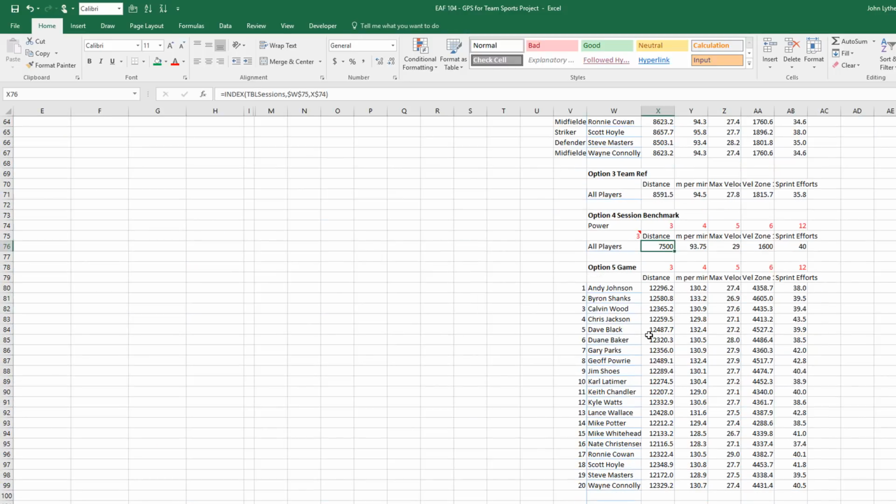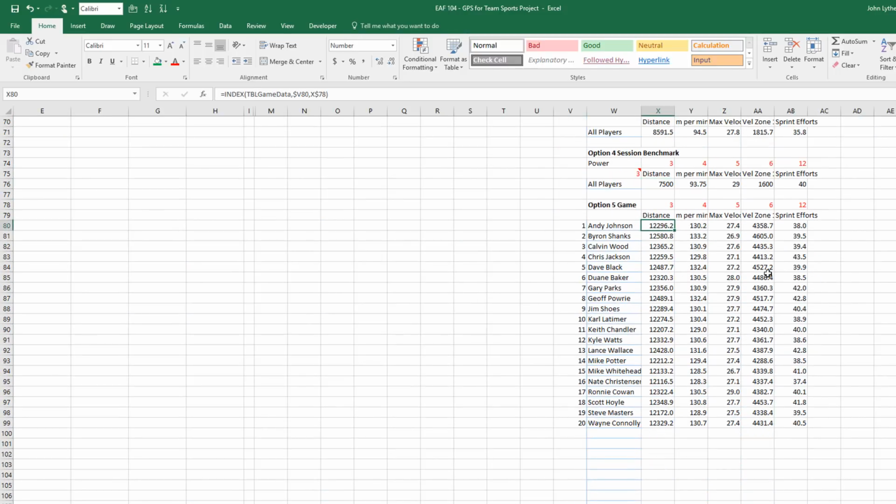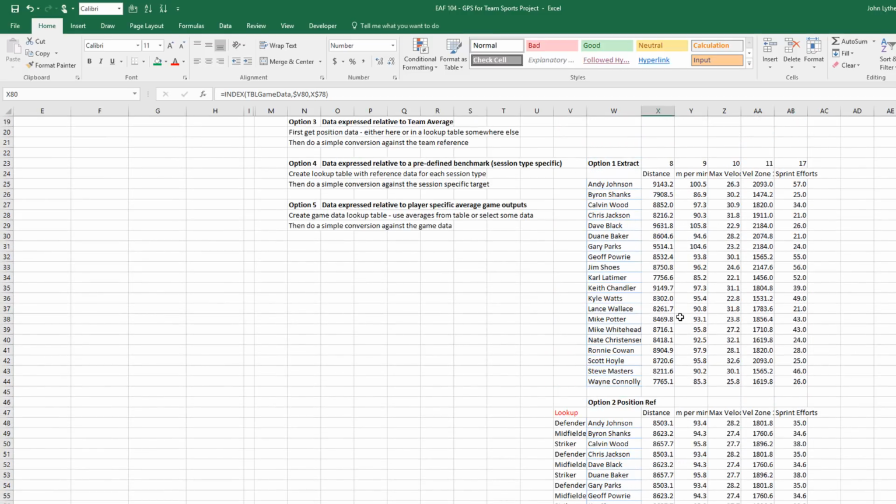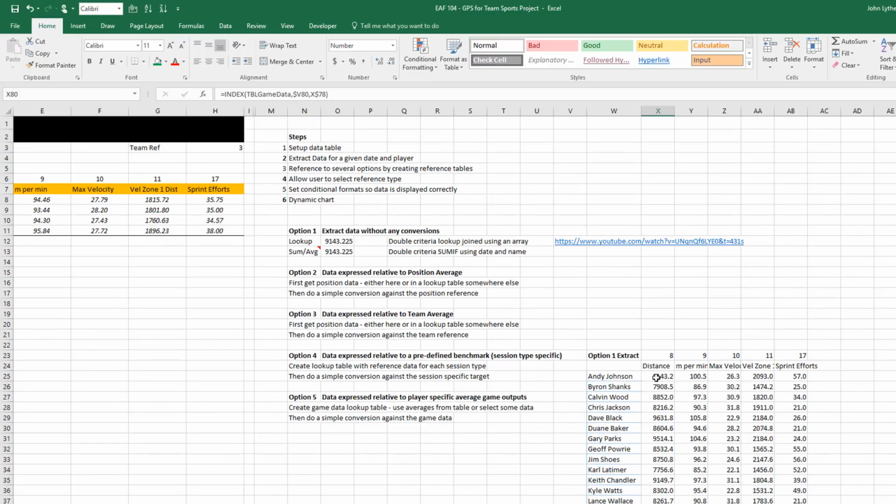And so now all that's happened here is that we've got those game averages being sucked into this little workings table here. And as you can see, I didn't take a lot of care in creating interesting data sets. I just did some random calculations. So these all look pretty similar, and normally they wouldn't be as generic. But what we now have is we've got 5 little sets of data in columns W to AB. And we can now do something pretty interesting, which is pull into our main report any of those numbers referenced